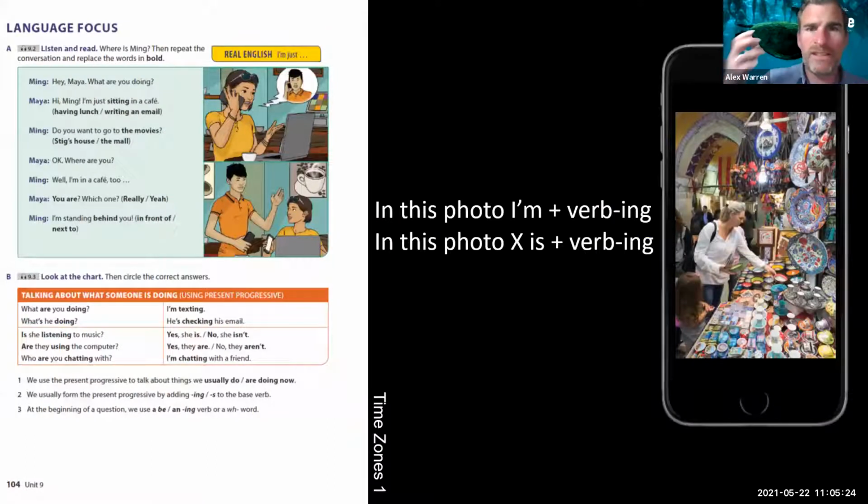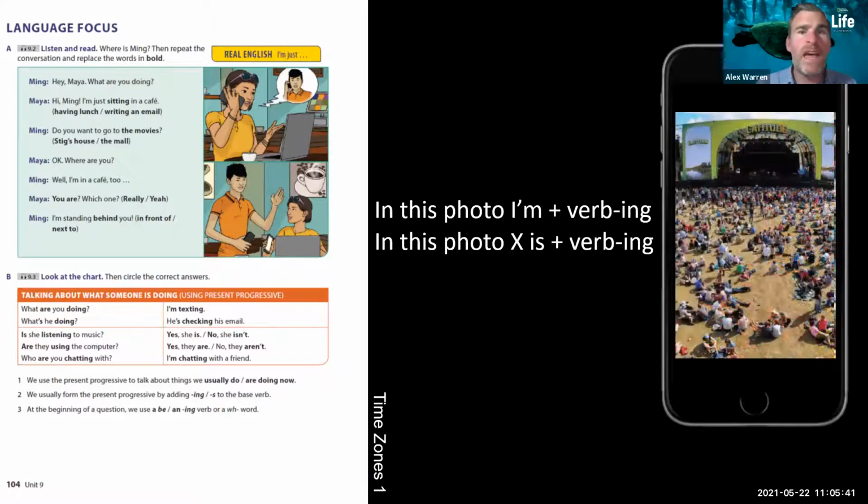We've got to personalize grammar. We've got to make it relevant to their lives. So using what they have, what they're familiar with, can really help them with that. So here's an example. It's a lesson all about the present continuous. Great, but connected to their lives. You know, get them to talk about their photos on their phone.